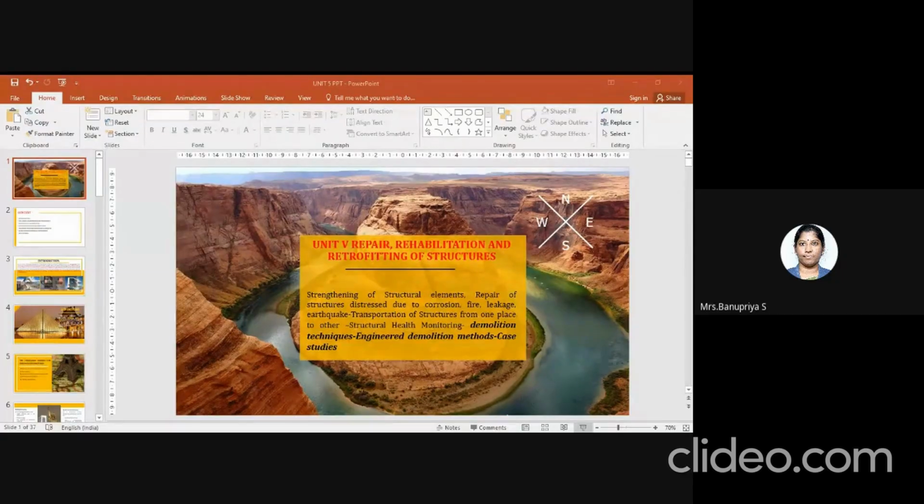So demolition is nothing but breaking down your structure. What is the step by step procedure you have to follow before the demolition? There will be 4 steps you have to follow in order to do your demolition safely. First one is surveying. By doing the survey, you can get the idea about the building details as well